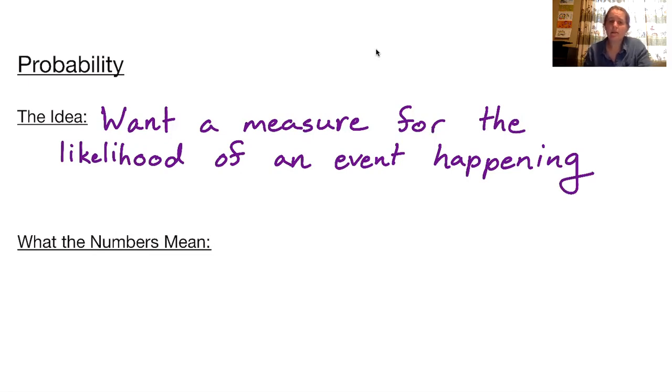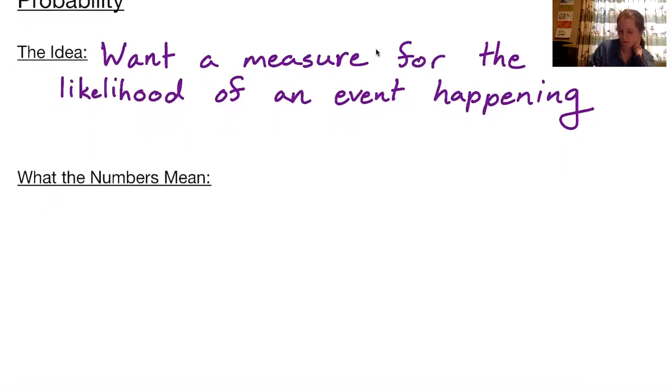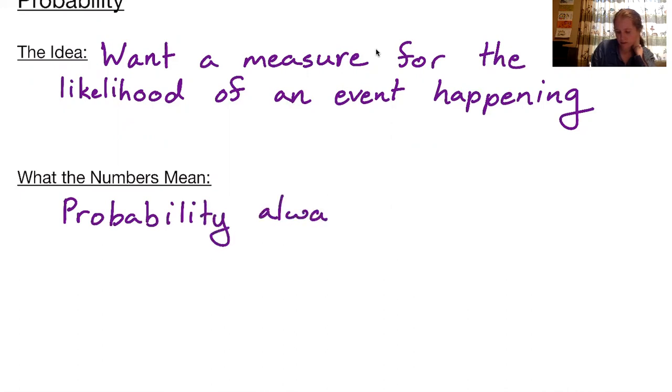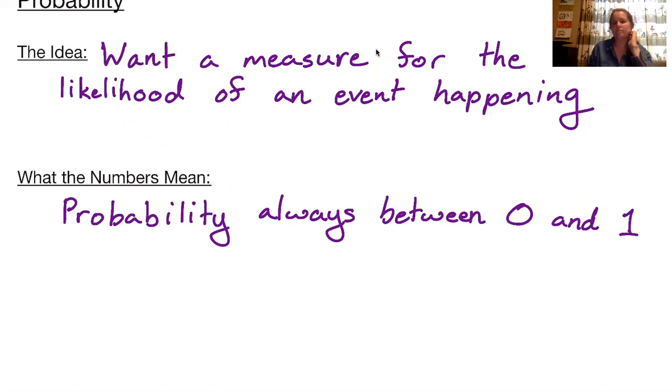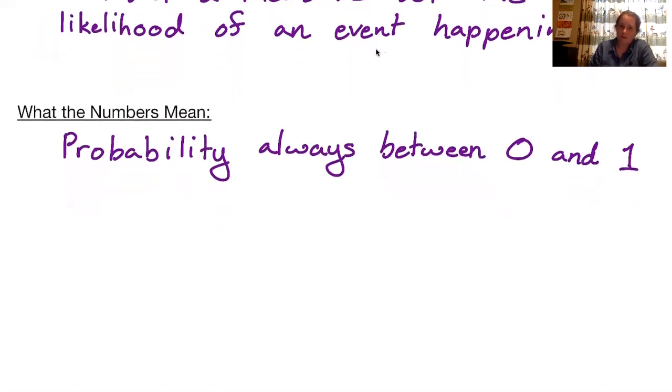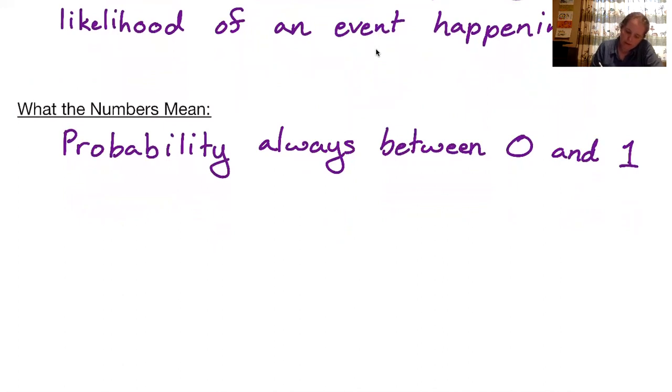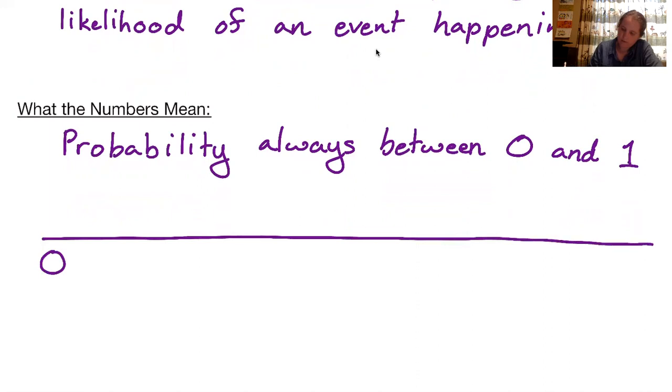Probability is typically written using decimals, numbers between 0 and 1. So probability always falls between 0 and 1. If we put these on a scale, here's probability of 0, probability of 1,